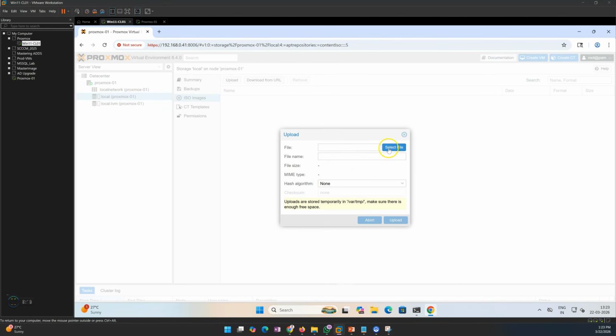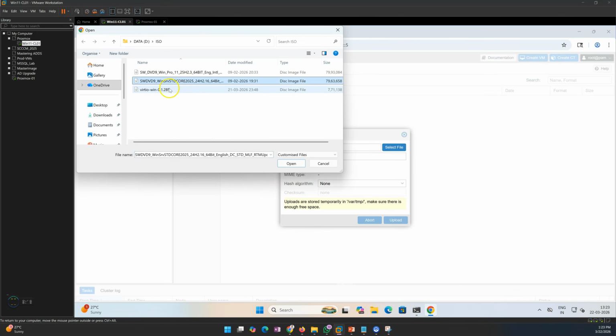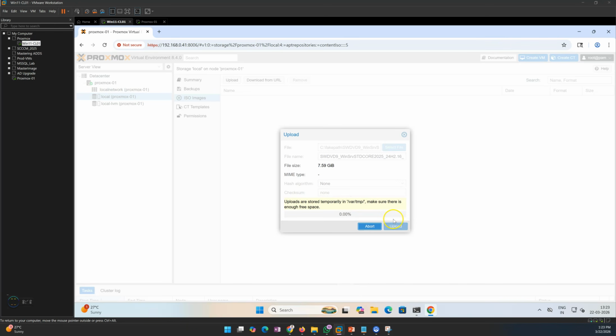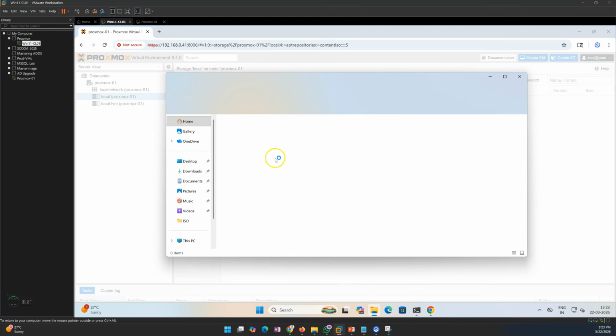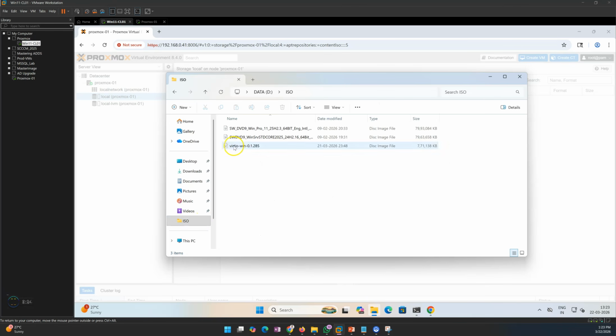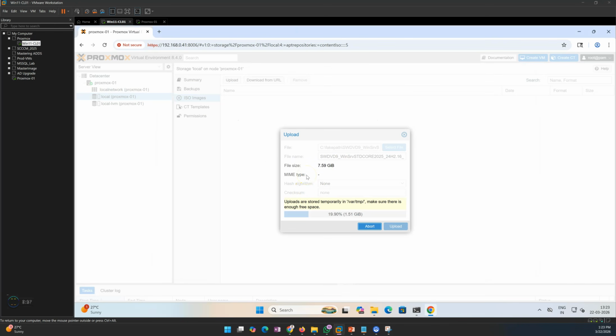So I'll go ahead and upload my Windows Server 2025 ISO here, and then we will upload one more ISO which is important, which is the Windows ISO, which is going to have all the drivers required to boot the virtual machine, SCSI and all those drivers which is required for Windows machines to run on this Proxmox. So I'll show you how to add that and how to install a driver and use that in